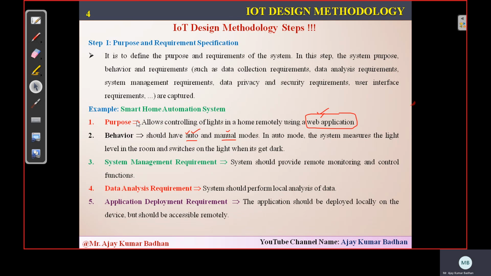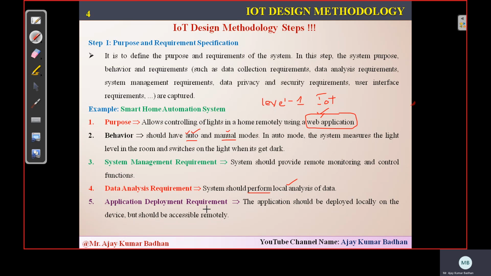Then we have something called the data analysis requirement. Whatever data is gathered every day, who is going to analyze it? That information needs to be stored somewhere locally, and from there we can perform the analysis. We are simply talking about a home automation system, so we don't require anything like cloud-related information here. That's why we are using a level 1 IoT system. Level 1 doesn't require the cloud; locally we can analyze the data. We'll have a system in our home which will store all the data captured by the devices, and there we can perform the operations. We don't require any cloud services for this.